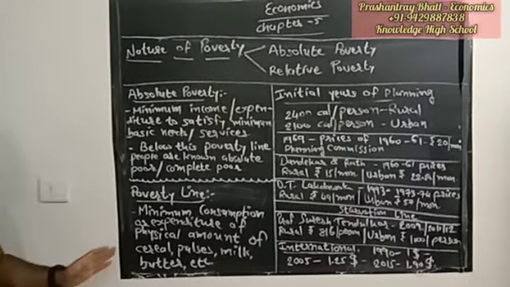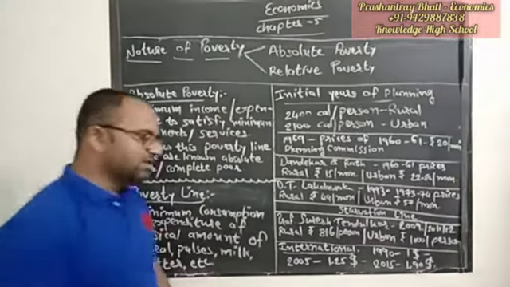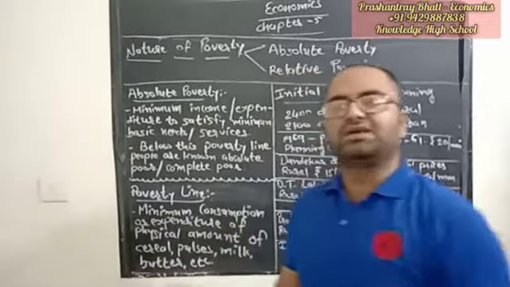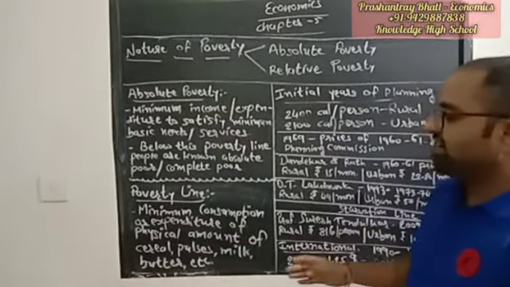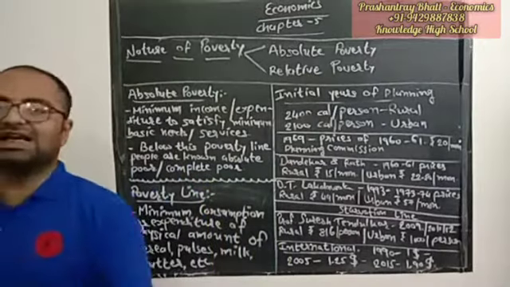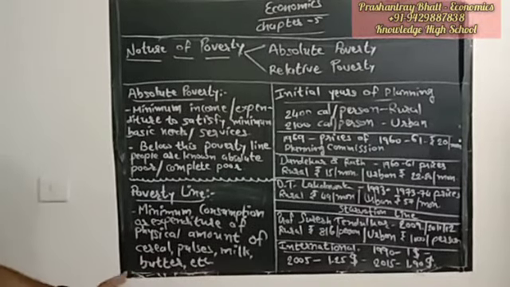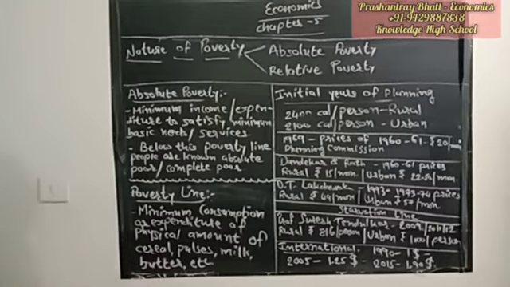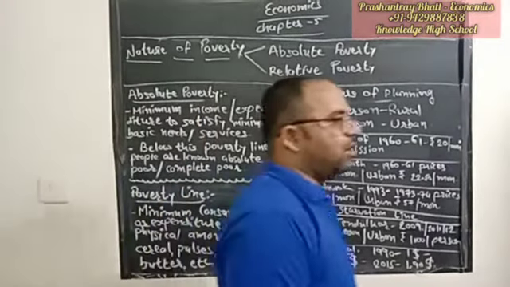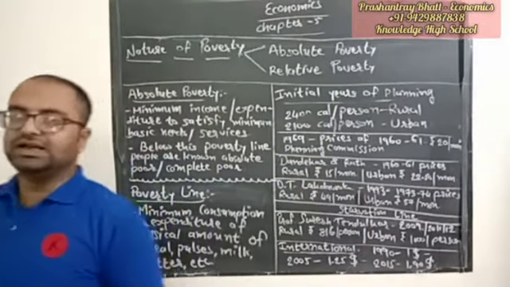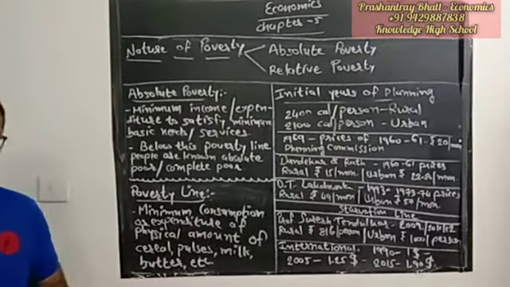So what is the poverty line? It is the minimum consumption or expenditure on a physical amount of cereals, pulses, milk, butter, etc. Cereals, pulses, milk, butter, each of these gives our body proper calories. So for your basic needs, for basic living, you need a certain amount of calories, and to physically purchase that amount of cereals, pulses, milk and butter, the minimum expenditure or consumption you would make is what we call the poverty line. The poverty line is all about consuming calories, how many calories a person needs, and to satisfy those calories, how much expenditure or minimum income they should have. That minimum level is known as the poverty line.